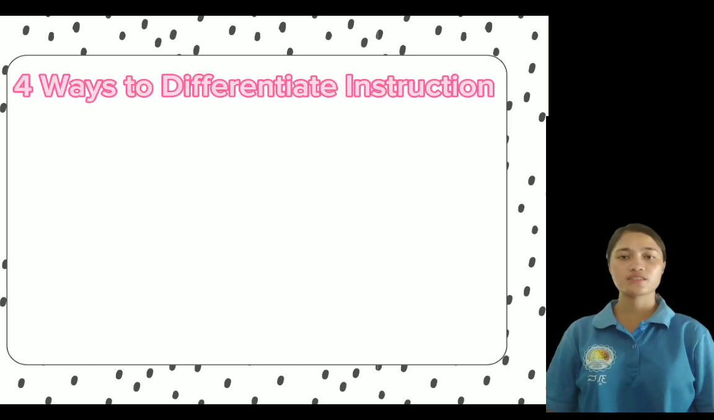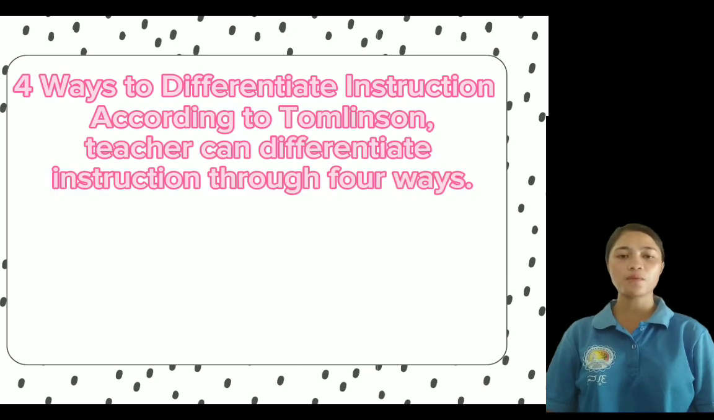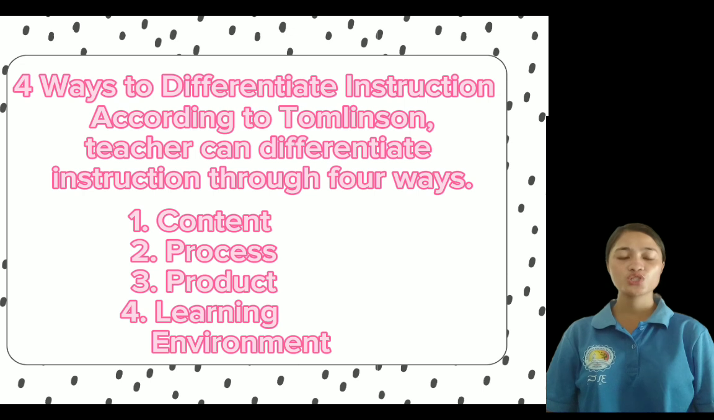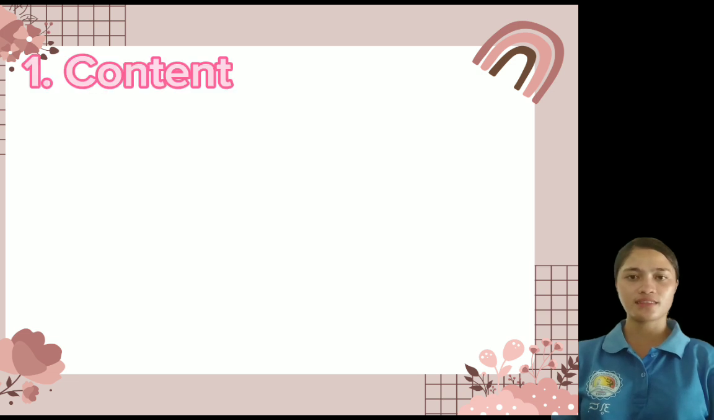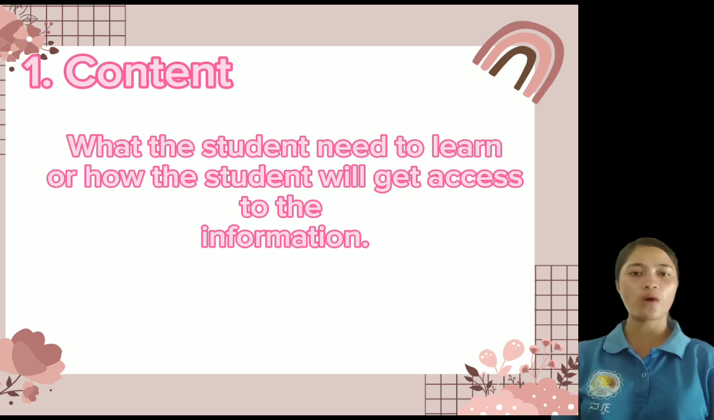There are four ways to differentiate instruction. According to Tomlinson, teachers can differentiate instruction through four ways. Number one is content, two, process, number three is product, and the last one is learning environment. The first is the content. What is content? Content is what the students need to learn or how the students will get access to